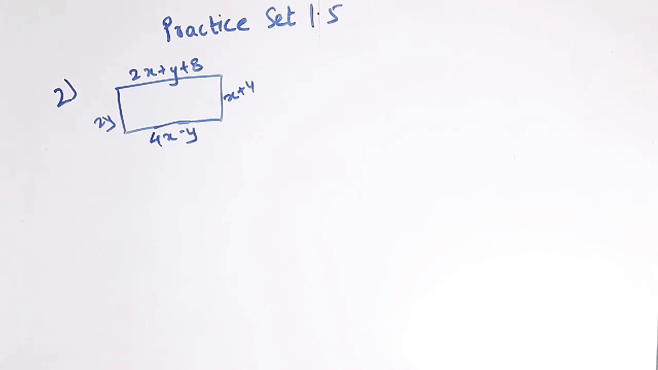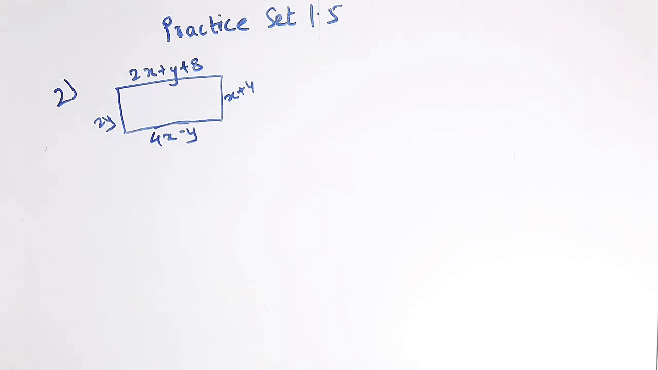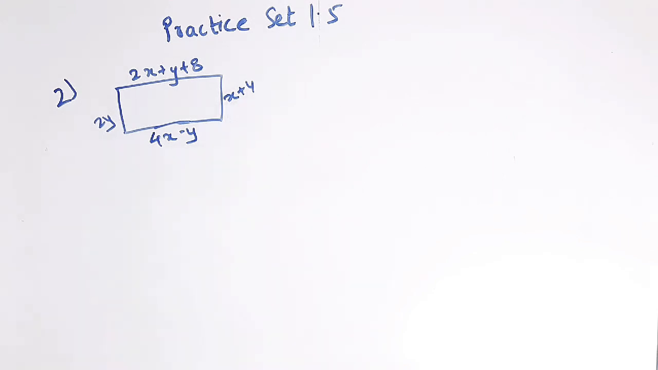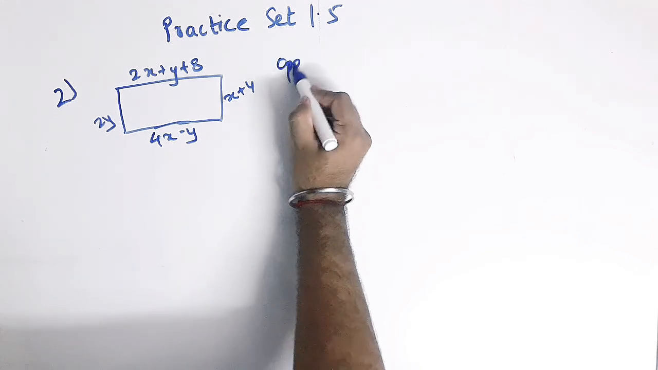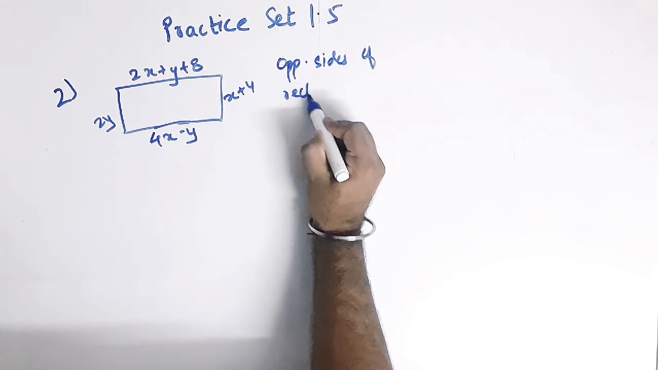So if we come to second one, you can see the rectangle is given there. Opposite sides measures are given. So I can straight away write 2y equals to x plus 4. They have asked us two things here: find the values of x and y, and also find their area and perimeter. So I can first write here opposite sides of rectangle